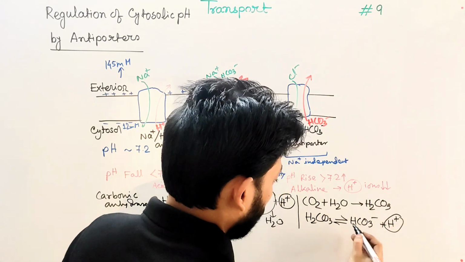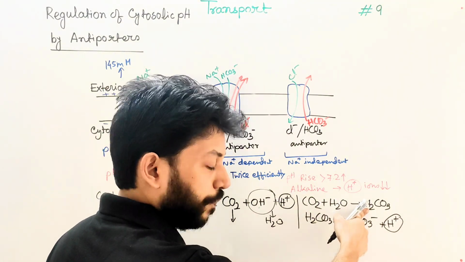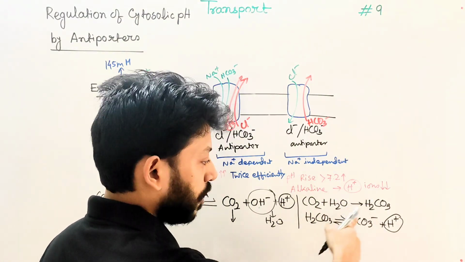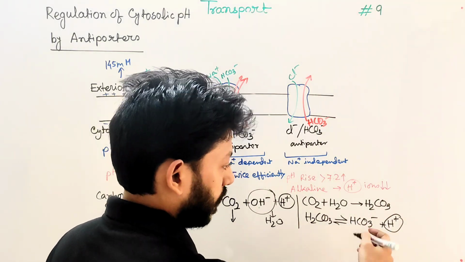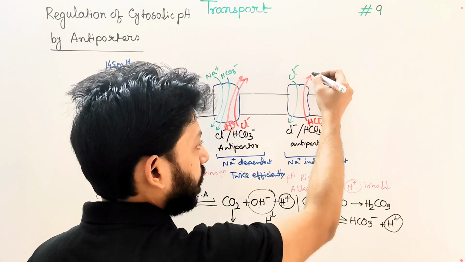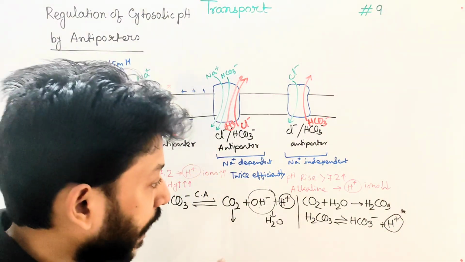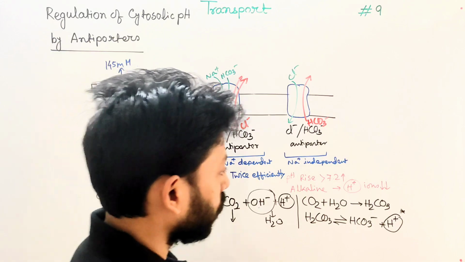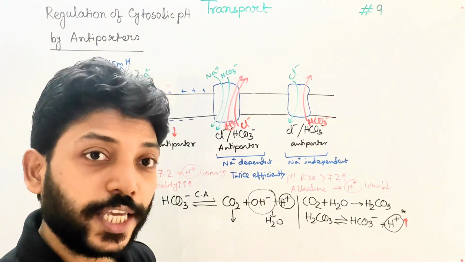See, carbon dioxide reacts with water, makes H2CO3. This acid is weak, so it will dissociate into HCO3 and H plus. Now, if we remove this HCO3 from these cells, what will remain? One hydrogen ion will remain, and in this way, the hydrogen ions, that means the protons, increase